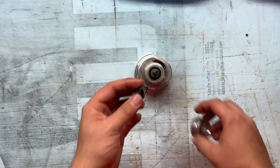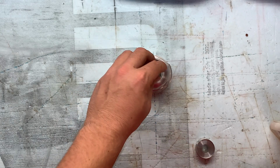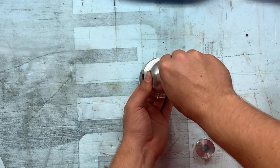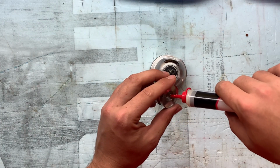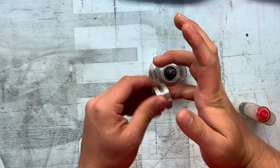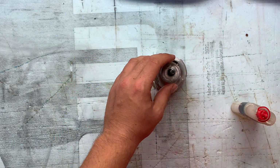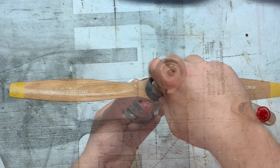Next is the prop drive collet, which just slides right on. I went ahead and made sure there was some oil on here, and that just falls right into place. As you can see, more oil here on the contacting parts, oil them up, all that good stuff. And for this, I don't like to tap it on. I honestly like to take a prop